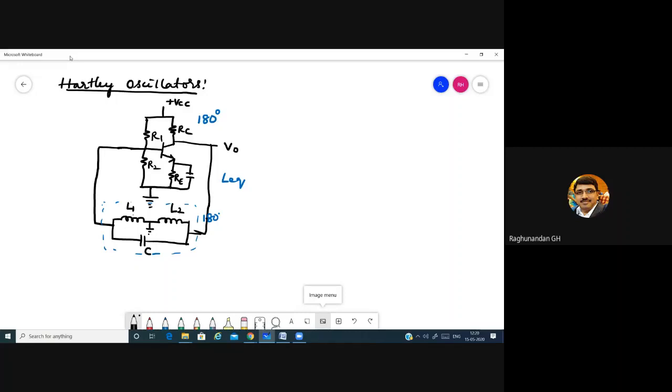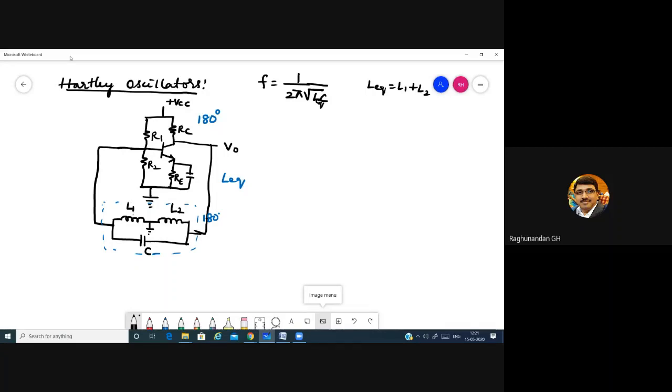You have to derive the equation. The actual equation, you know, is f equal to 1 divided by 2 pi root LC, where L is L equivalent, equal to L1 plus L2, and C is the capacitor we have. In order to derive the equation, you have to consider the reactances. Even an inductor has reactance and even a capacitor has reactance.